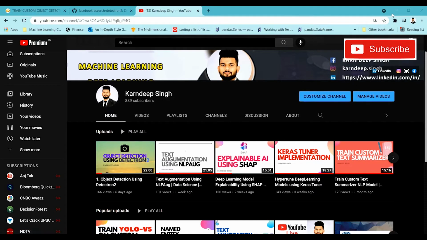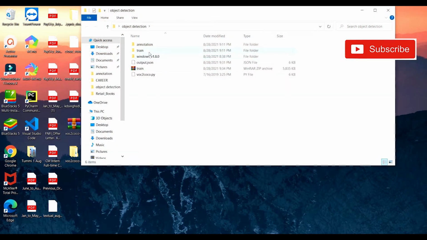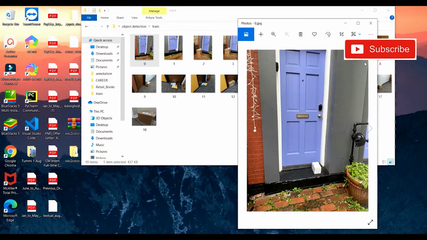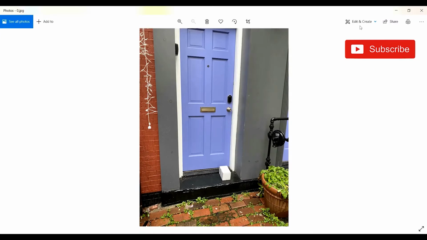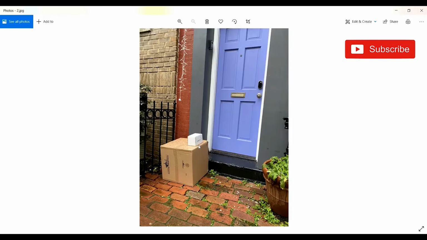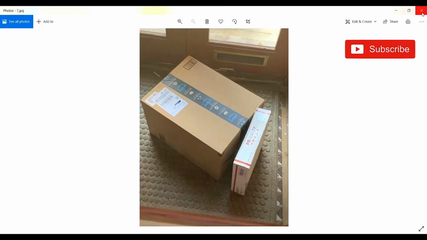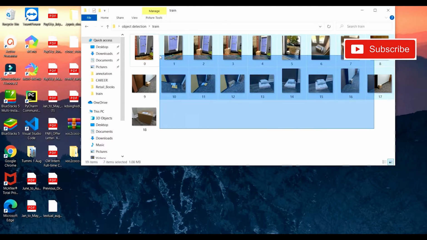With that consideration, I have one data set which is based on understanding or locating a package in a particular image. You can see this is an image, it has this package, so we are going to identify this particular package by using Detectron 2. If you slide over to the next images, you can see that these are the boxes we need to identify. So these are two boxes. Likewise, we have images. I haven't taken many images, it's only 19 images, and we are going